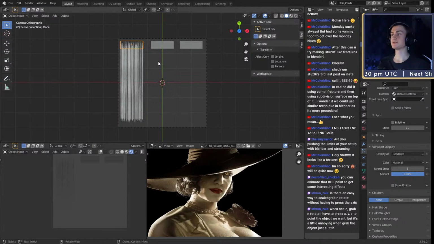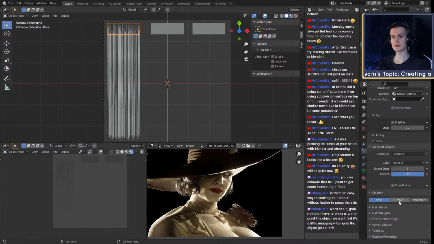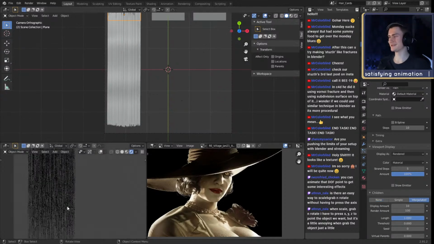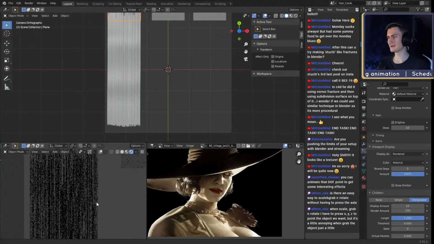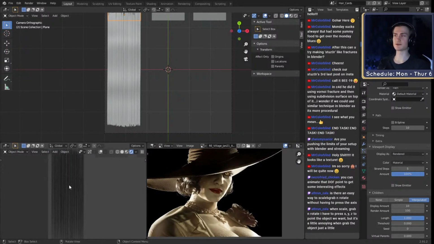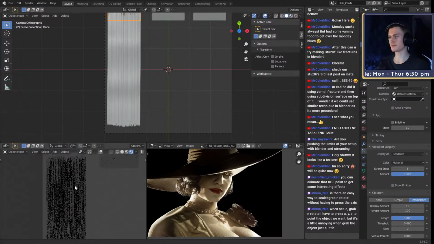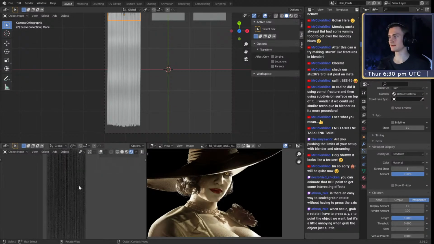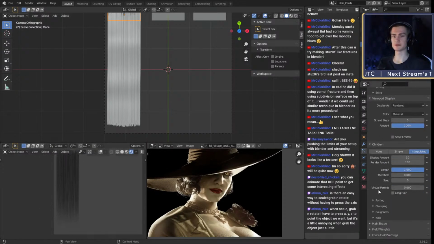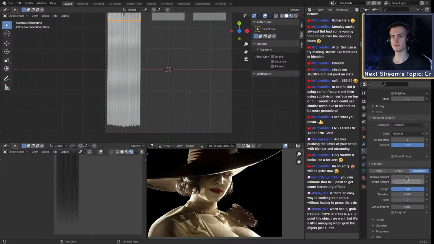Perfect. So what I wanted to do is add some children first. We could probably use interpolated. Yeah, for this one at least. And we have way more children. You can see them in the rendered view as well. We can't even see through the amount of hair right now, which is a good thing, because this is just the hair layer that should cover up the scalp basically. So it's quite good to have that many hair strands.